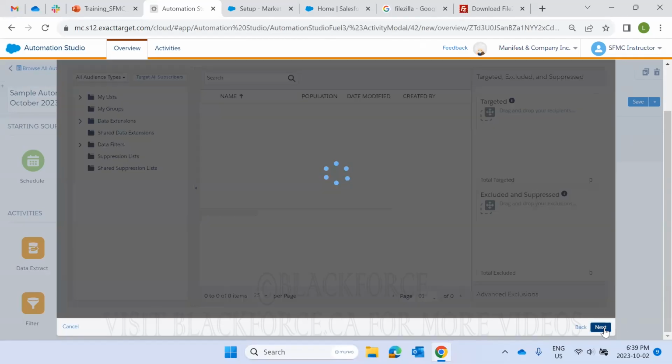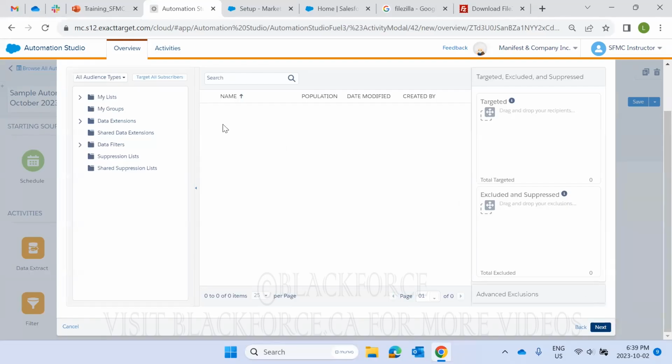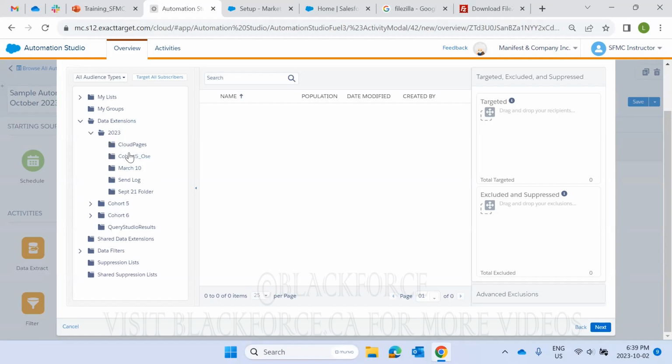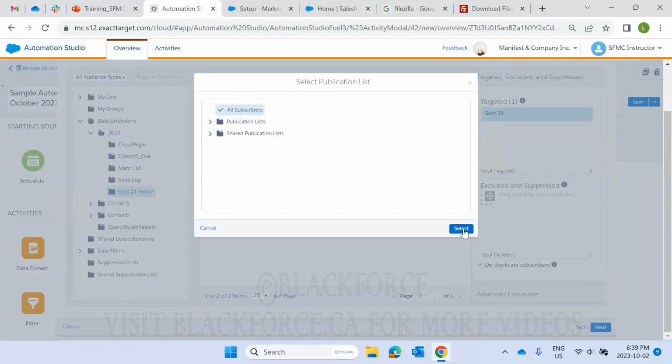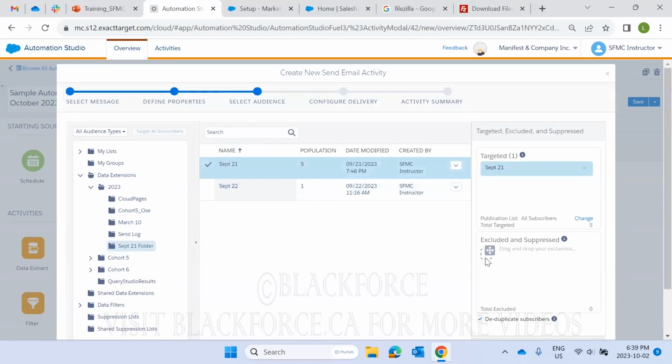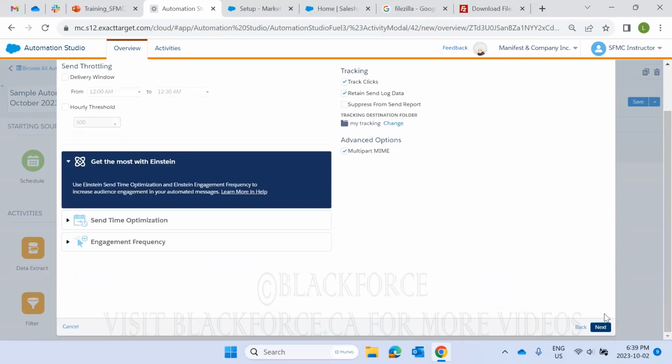Now we'll go next, and this is where you select the data extension you want the message sent to. So I'm going to go through all this stuff tomorrow, but just for illustration purposes, just so I can show you what the end result looks like, let's just find the data extension. So select that, say yes, and then I go next,